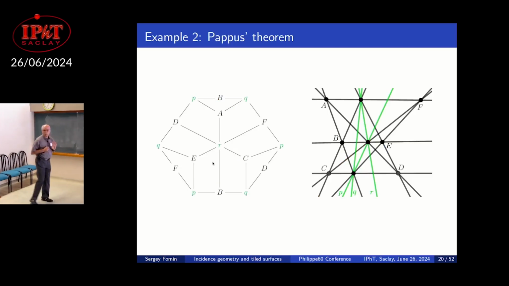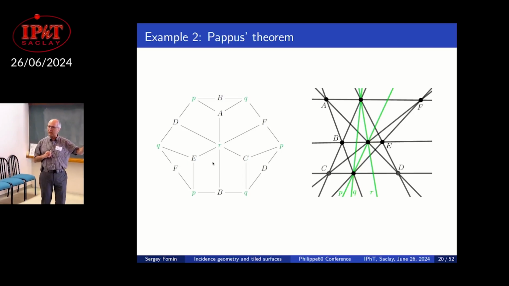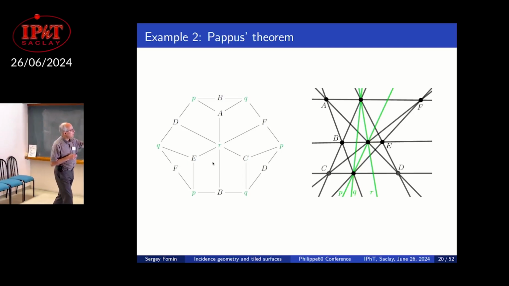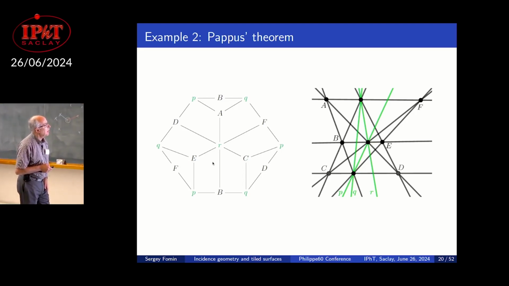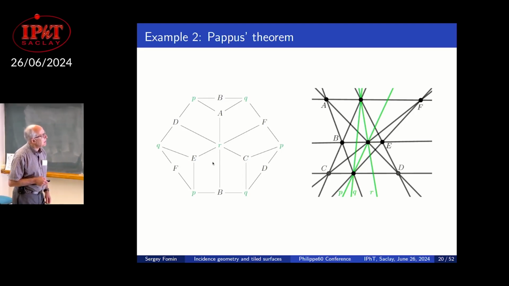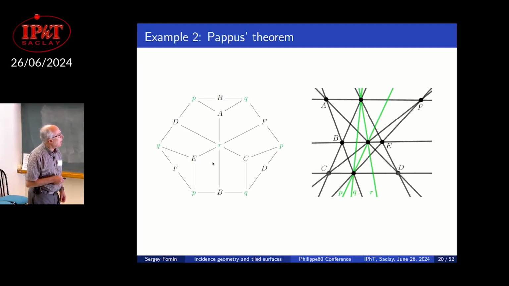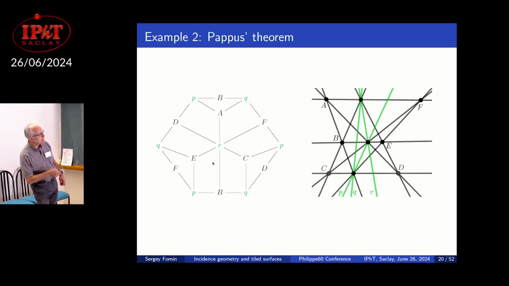Let me show you the Pappus theorem. It's even trickier. With the Pappus theorem, a simple-minded approach like you just saw doesn't work. In fact, what you need to do is to take these 3 points in the Pappus triangulation, and instead of taking those 3 points, take the 3 sides of the corresponding triangle. These will be lines P, Q, R, and then put points A, B, C, D, E, F, and the lines P, Q, R at the vertices of this tiling, this quadrangulation of a torus. Again, this is a torus. You are supposed to glue the opposite sides to each other, and then you will recover the Pappus theorem.